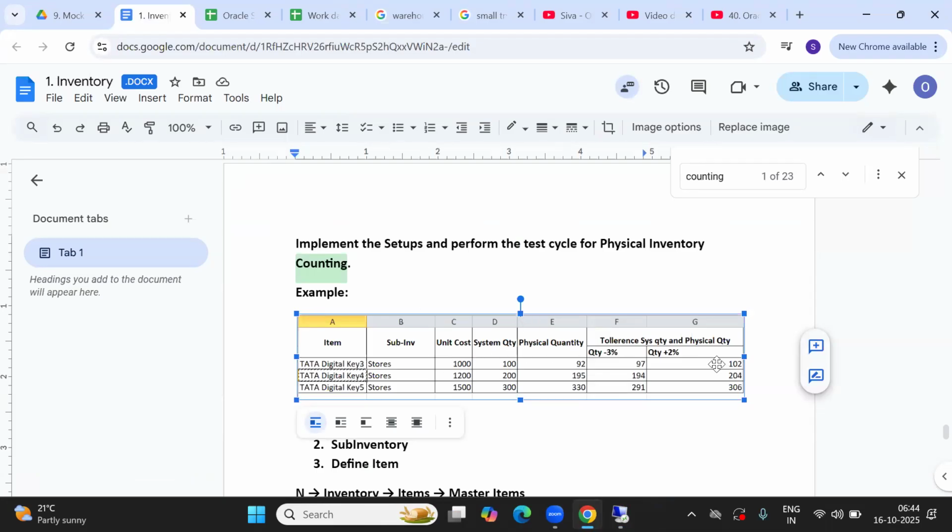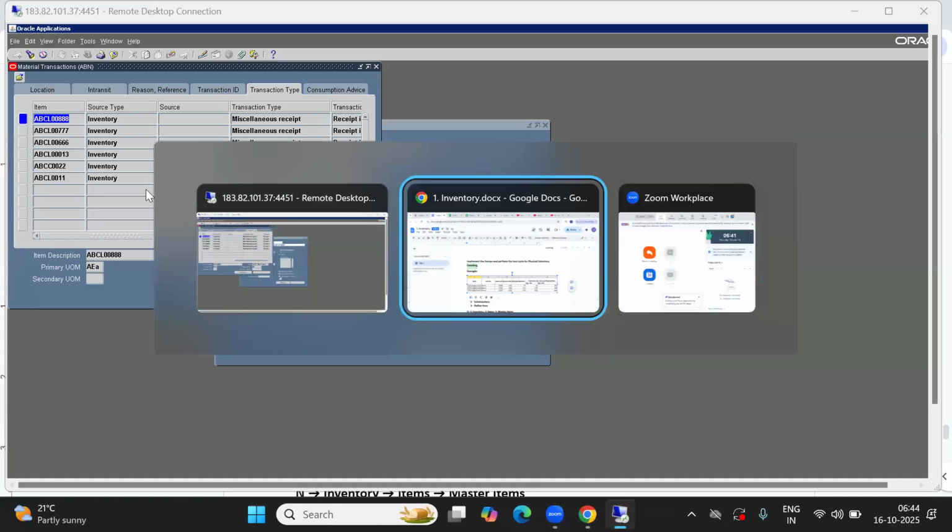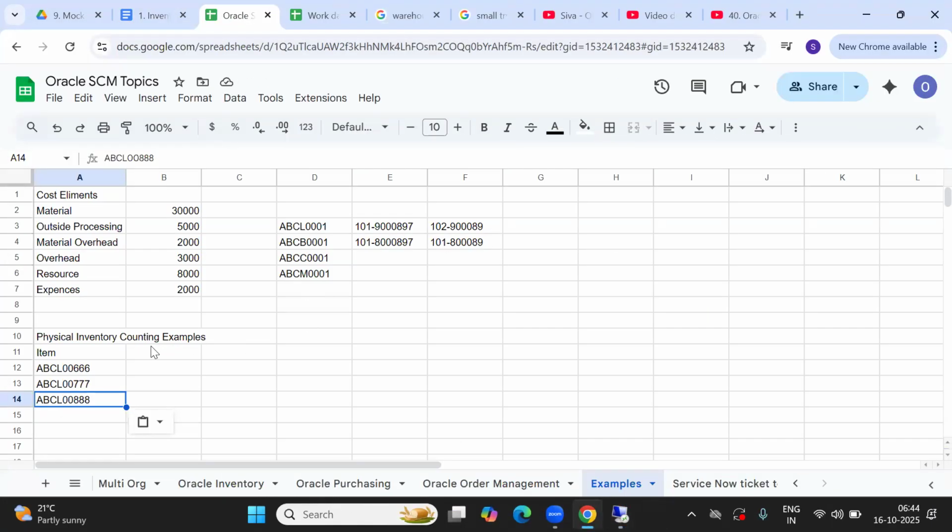Sub inventory, unit cost, system quantity, physical quantity. Here tolerances.